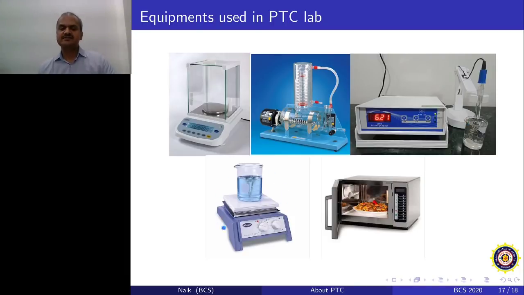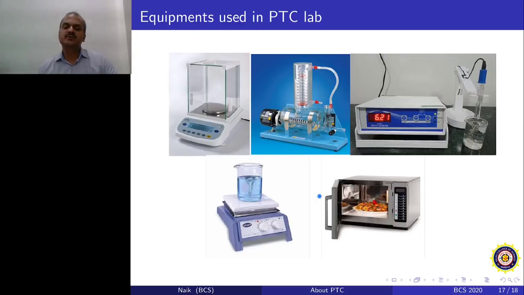This is a magnetic stirrer with a hot plate. Whenever you want to increase the temperature of the hot plate, you can use this knob. Whenever you want to stir the material, you put a magnetic rod inside, and when you move this knob in a clockwise direction, that rod is going to move with a faster speed,